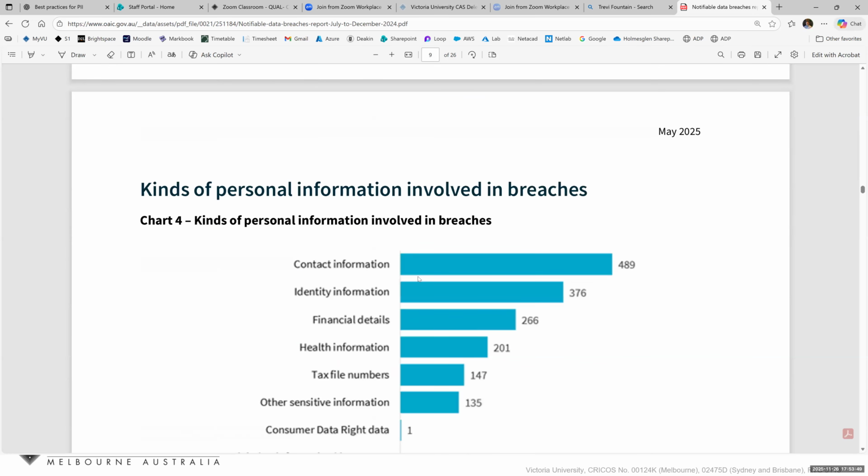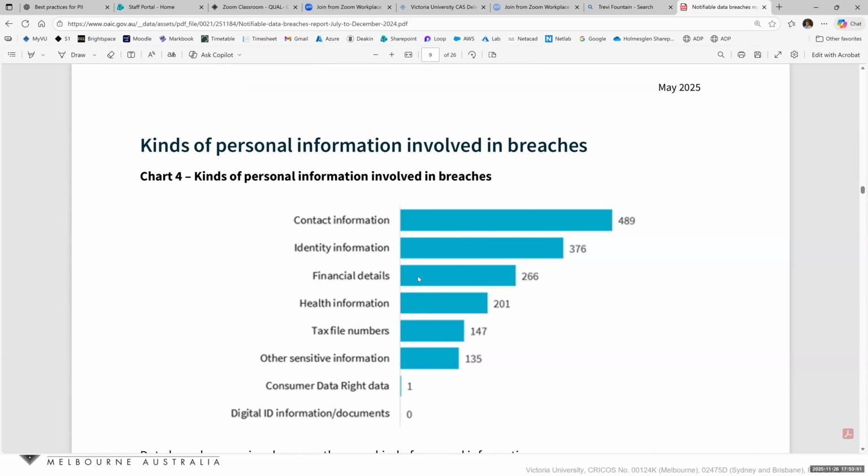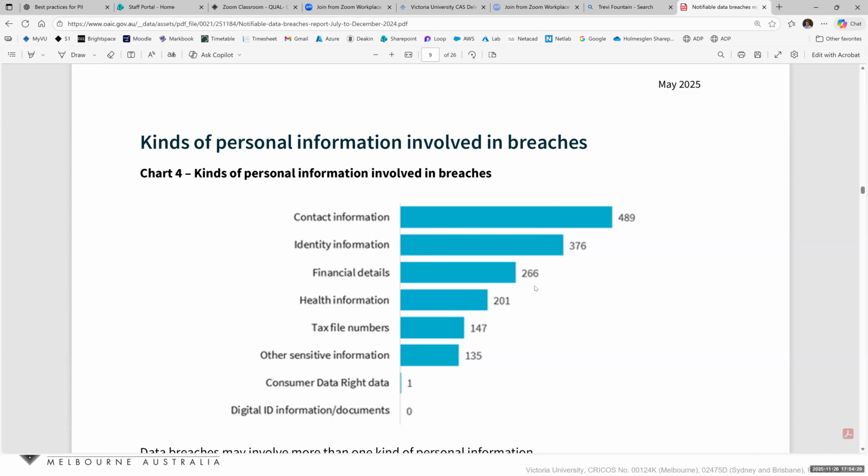Let's go down. Among the types of data that have been revealed, you see contact information with 489 cases, identity information, financial details, health information, tax file numbers, and some other sensitive information. Contact information like name and last name and phone number and email, like 500 cases. Again, in the case of Optus, if you remember, there were so many clients who had their ID card also revealed. Financial details like banking details, as we discussed in PII, there have been 266 cases. Let's go down